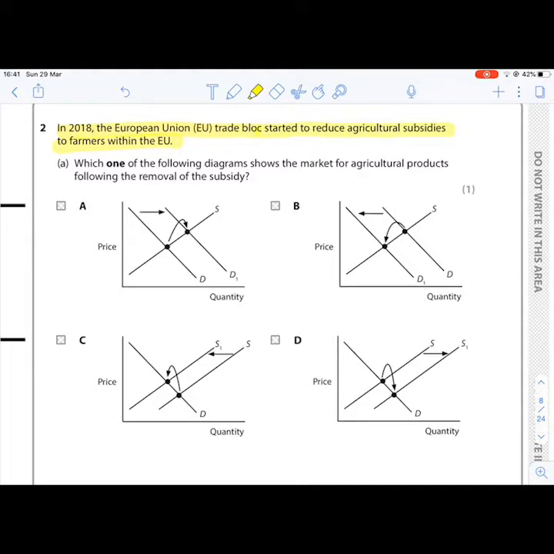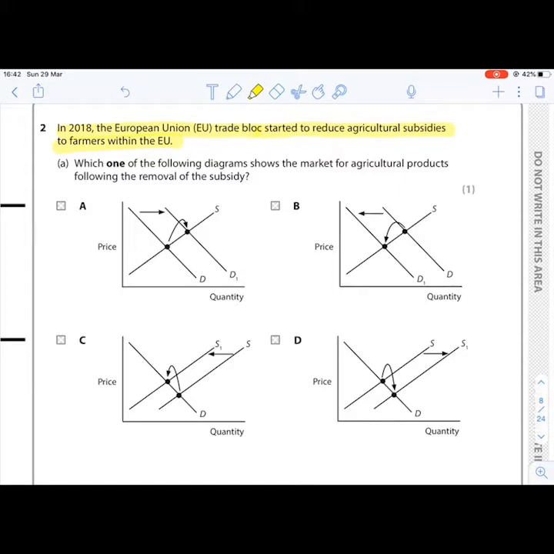So they have agreed to remove protectionism, things like tariffs and quotas, and in this particular case to reduce agricultural subsidies. And remember, subsidies is money that is given from the government to firms to help firms continue to survive and make a profit. And one of the reasons why governments choose to do this is because they want the firms to continue to operate, because these firms will then continue to employ people, so it keeps the employment rates high. This question: which one of the following diagrams shows the markets for agricultural products following the removal of the